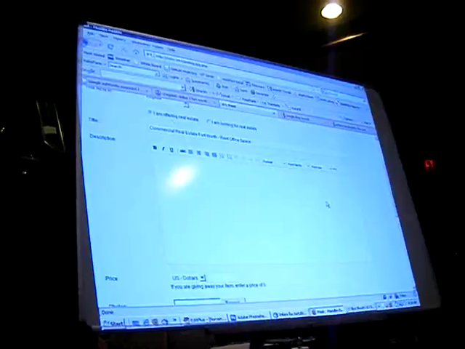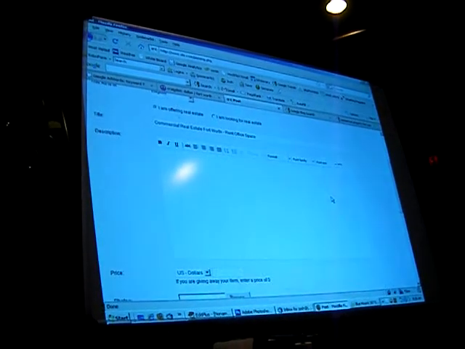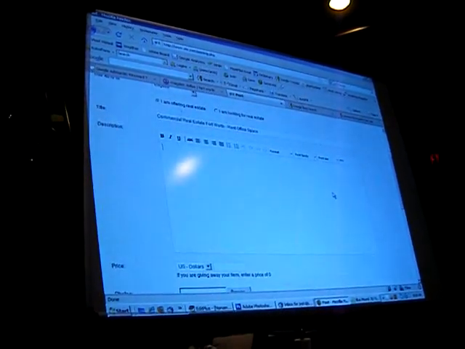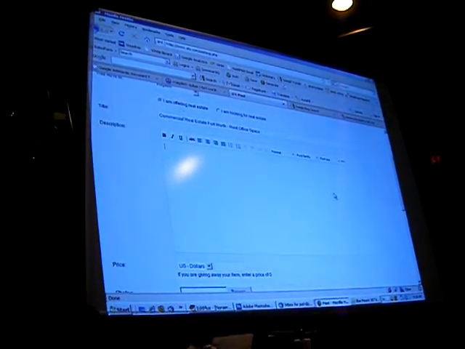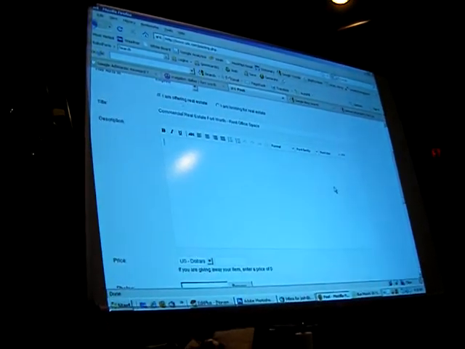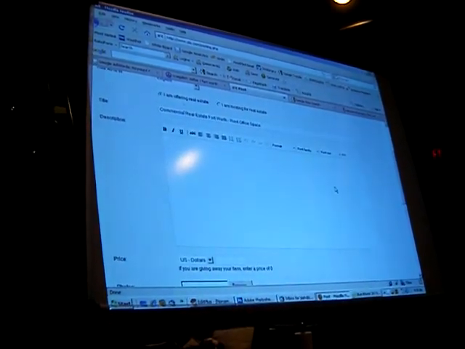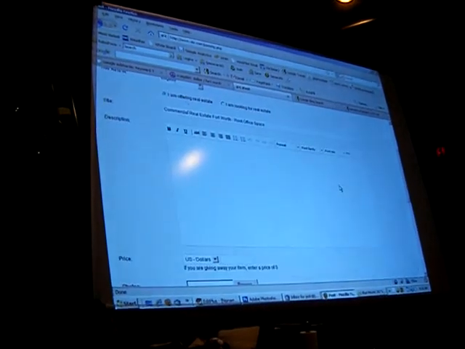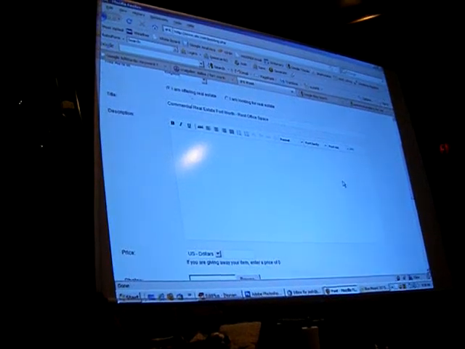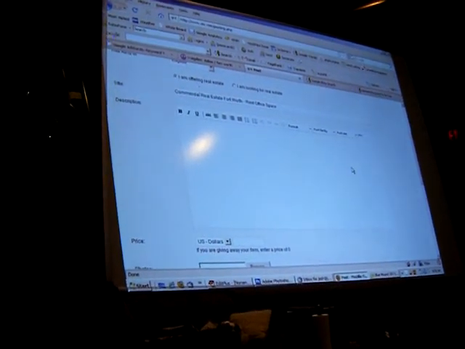So then in the description, what you want to do is make sure to use these keywords in the description also. And what you need to do is use them at least 3 times. Well, not at least, but no more than 3 times, but 3 is ideal. 3 instances, and it doesn't have to be in that same order. If your keyword phrase is commercial real estate Fort Worth, you need to use commercial real estate Fort Worth, each one of those 3 times to get the maximum